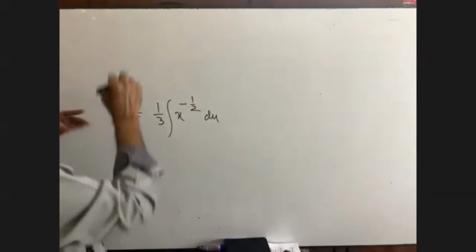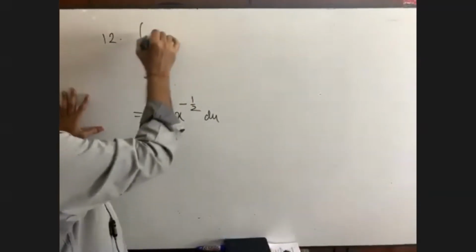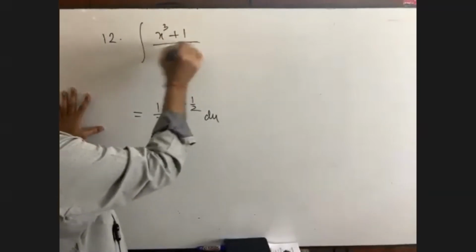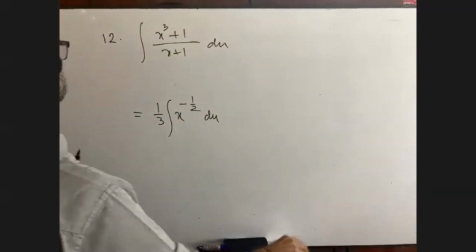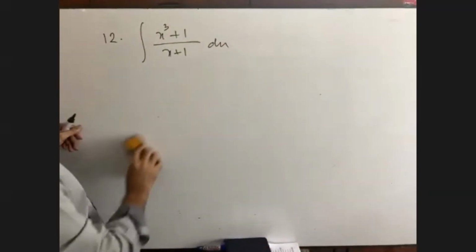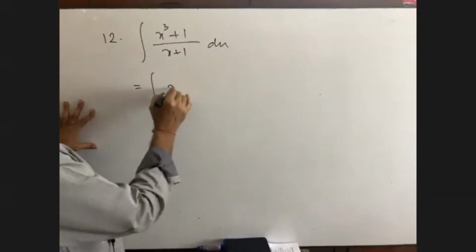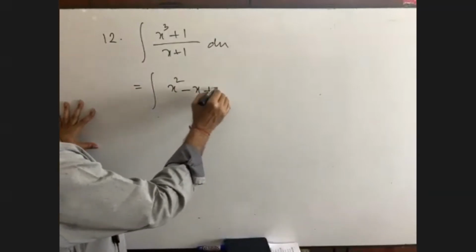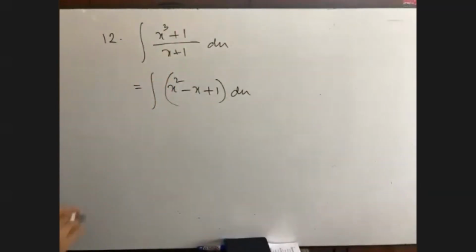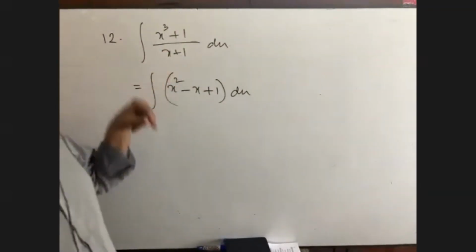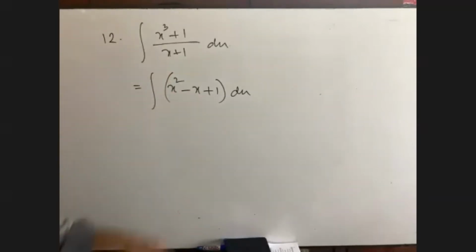Question number 12, I'm going to a little bit harder math. Number 12, x cube plus 1 by x plus 1 dx. We have not learned the maths of division in integration. So what will we do? You see, we can get here x square minus x plus 1. Am I right? I mean, if we put the numerator into formula, x plus 1 will be vanished. It is a formula, right? A plus b into a square minus ab plus b square.